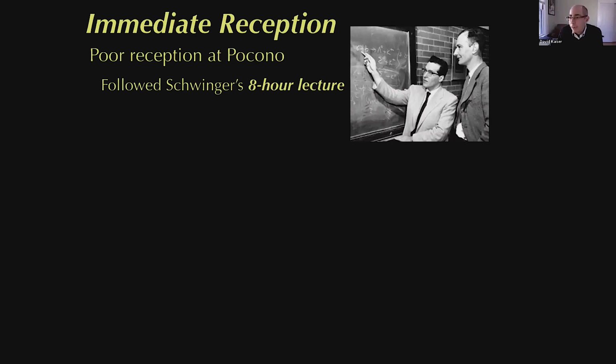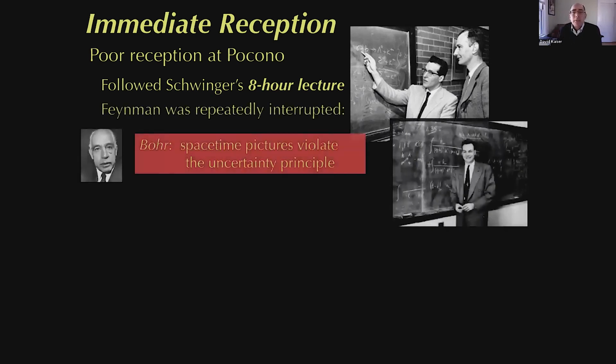So it was after that where they had a brief break for lunch, and they came back and Schwinger talked for another 4 hours afterwards. And then Feynman had 30 minutes at the blackboard at the end of that day. All right, so it's not a great setup. Moreover, he was completely unprepared. He did not have a well-polished presentation in hand. He just wanted to kind of wing it, which is not a good thing to do at the end of a busy day.